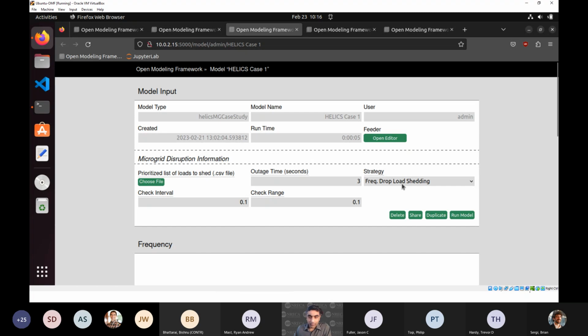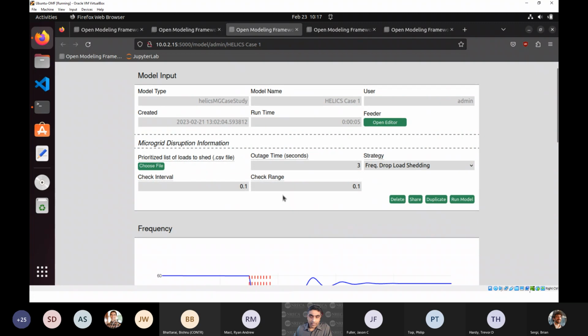It's possible to implement other FedRATs which implement other types of control. So, for example, if you have another FedRAT that activates certain backup generation if capacity is lost, you could add a FedRAT for that. I just added this as a dummy here. This is not actually implemented, but if you chose something else, all of this could configure the way in which the Helix co-simulation is configured and executed on the back end. This allows you not only to set the parameters for the simulation, but also to select which FedRATs you want to run, what kind of strategies you want to simulate. And so for this case,